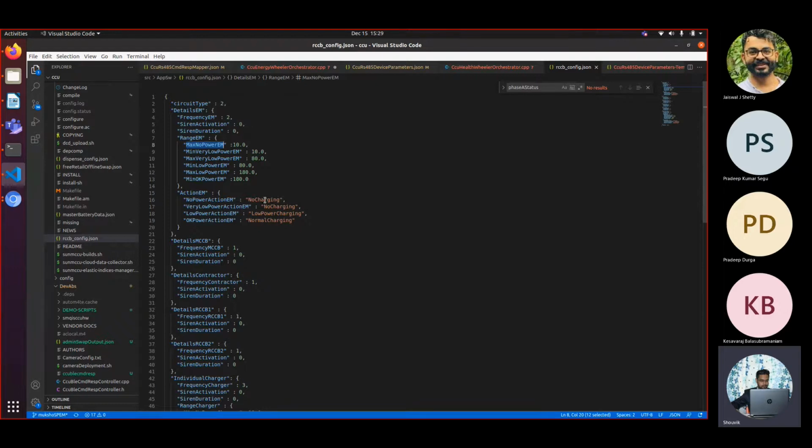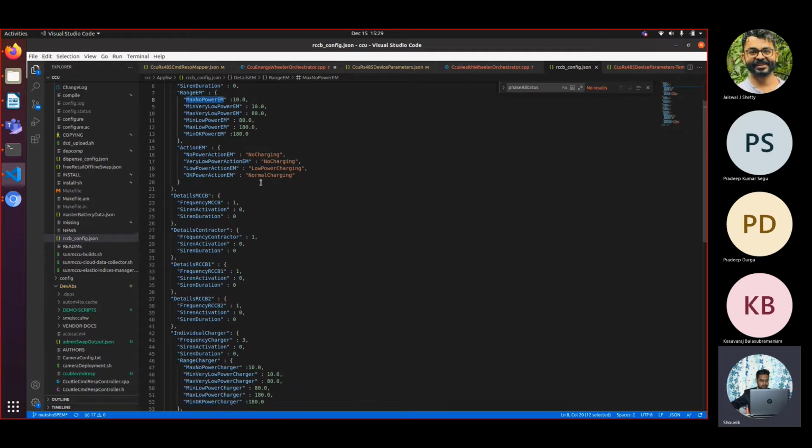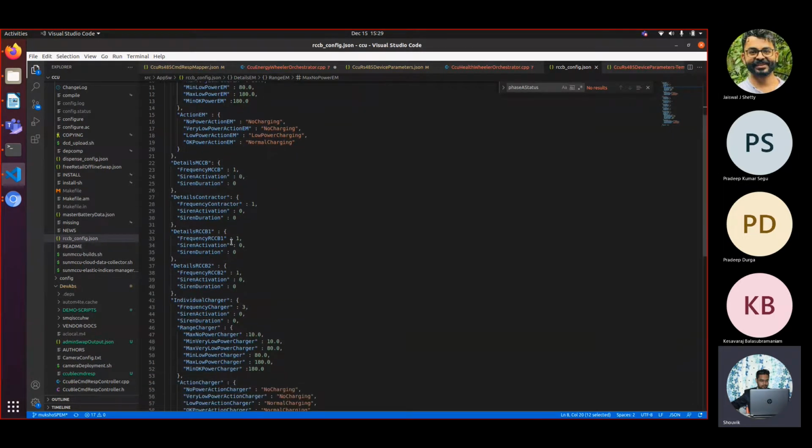So this is the configuration file. All these values have been written, and the action to be taken in each condition is also written. Low power charging and normal charging are both the same as of now.